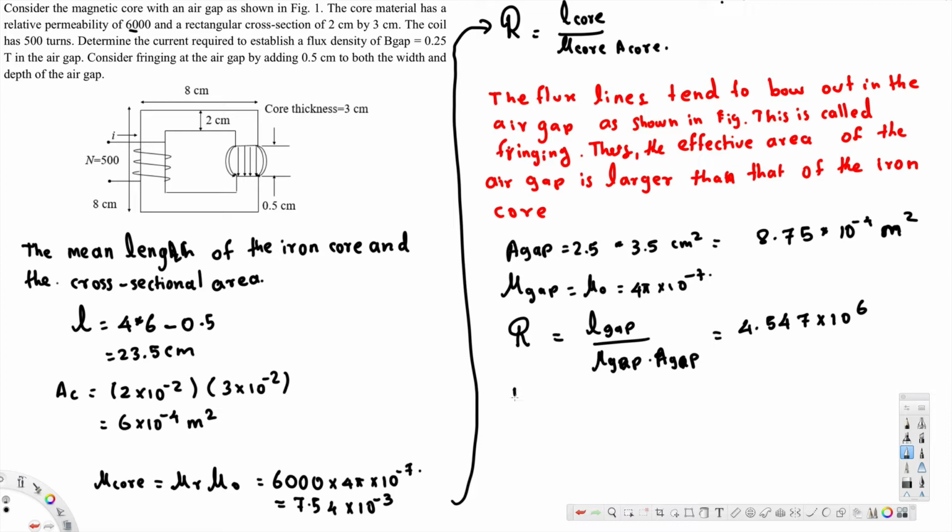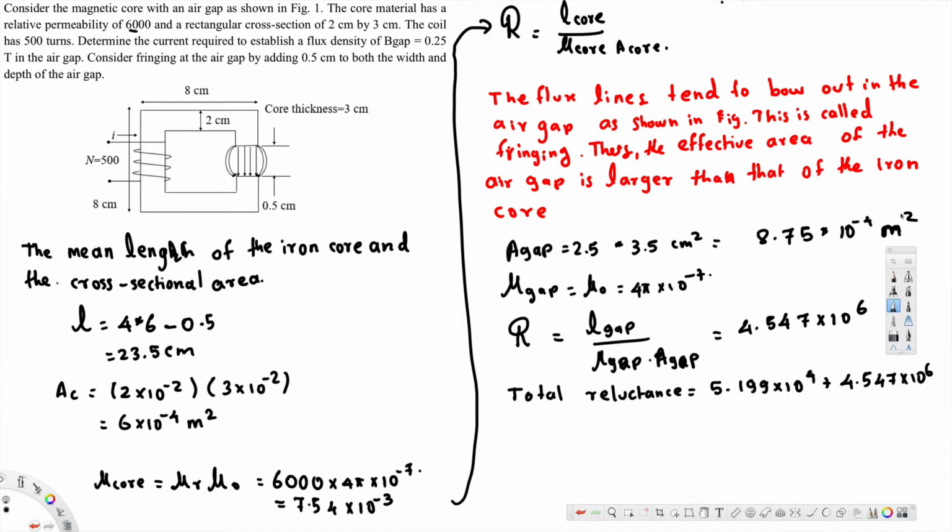Then we are going to calculate the total reluctance. Total reluctance is 5.199 times 10 to the power of 4 plus 4.547 times 10 to the power of 6, and if you add these two together, that gives us 4.552 times 10 to the power of 6. Okay,